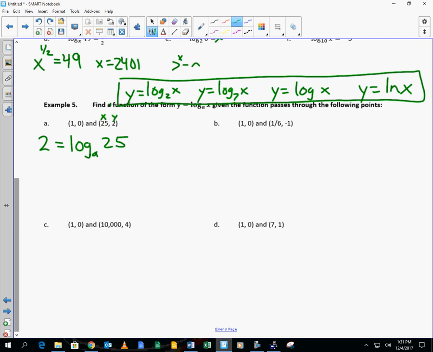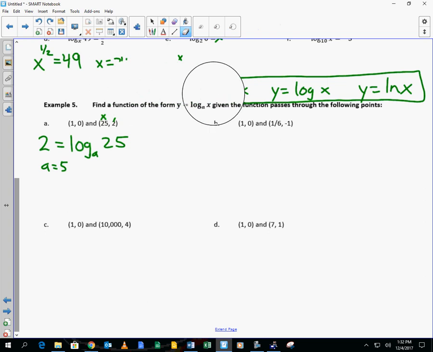Is everybody okay with this step? So this is asking, what number do you square to get 25? I square 5 to get 25. What number do I square to get 25? Okay, so